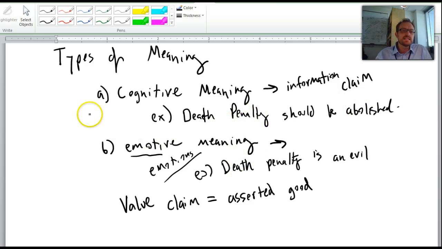So when we disentangle the cognitive from the emotive meaning, and by understanding that distinction, we're going to be in a better position to evaluate arguments, because oftentimes, especially in the course of our lives, people are giving us arguments that have lots and lots of emotive meaning, sometimes not very good cognitive meaning. Other times, people have great cognitive meaning, but it's unclear in terms of how to assess their argument because it's so laden with value terms, right?